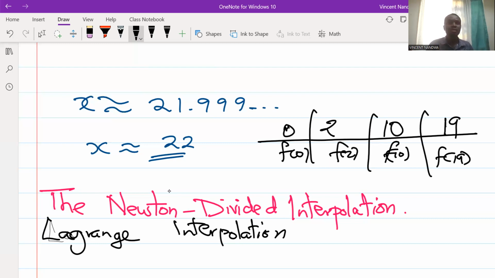But the previous methods, Newton forward and Newton backward, are only applicable when the spacing is uniform. But the Newton divided and Lagrange interpolation can do whichever way, whether the spacing is uniform or non-uniform. So that should be clear from the start. So whenever you have a problem